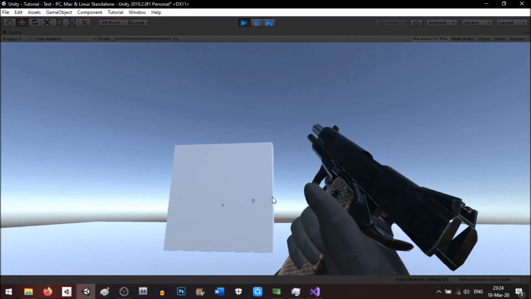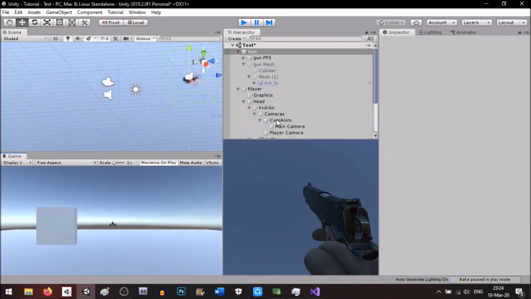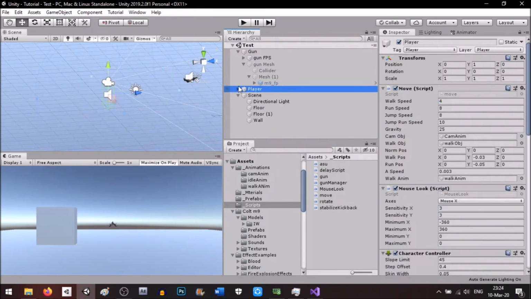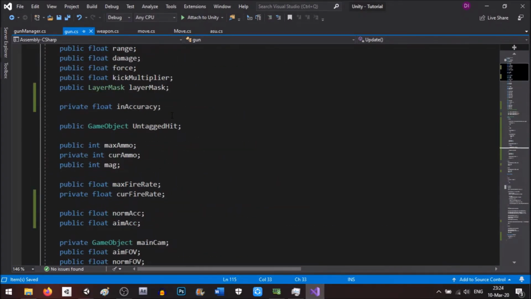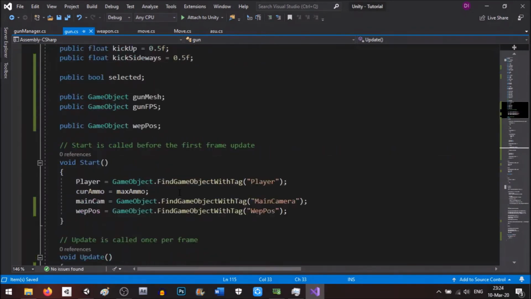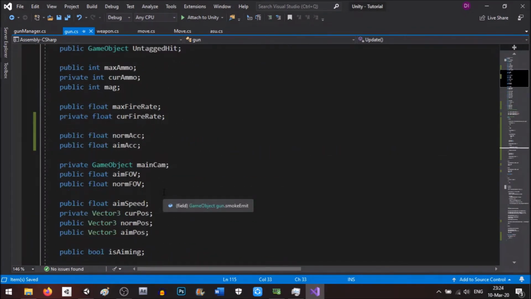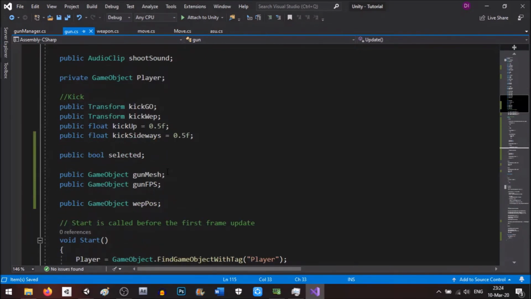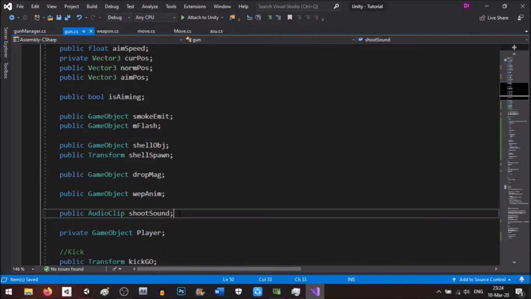Oh, we still haven't put the timer on the reload. I'll do that later. It's quite lazy. You know what? Let's just do it now. Where is the reloading here? Reloading. Oh yeah. On shoot sound, we're gonna do